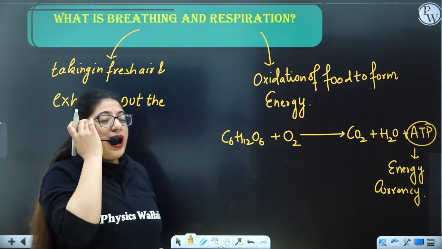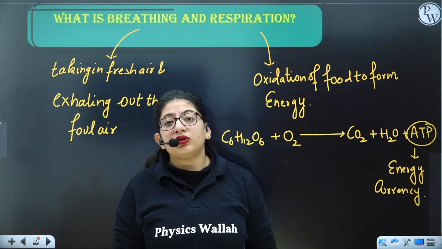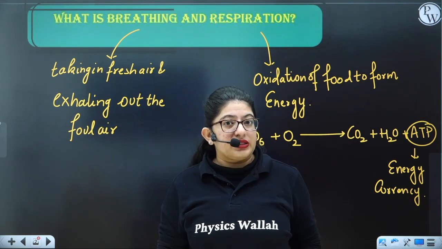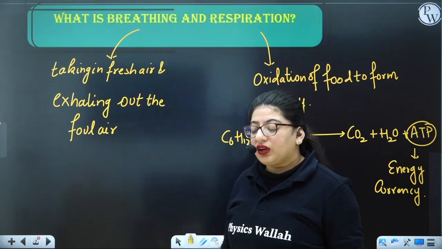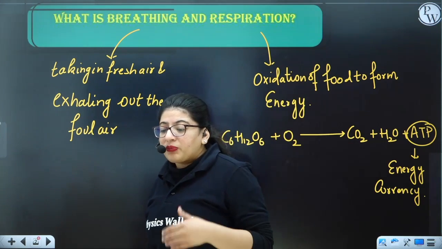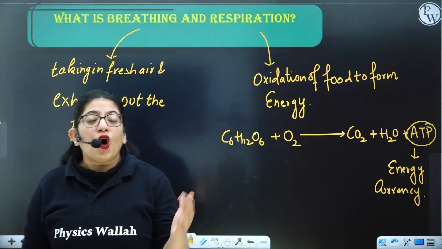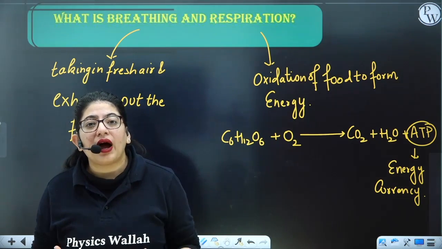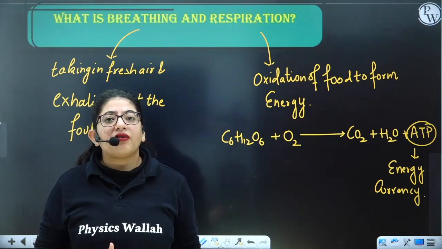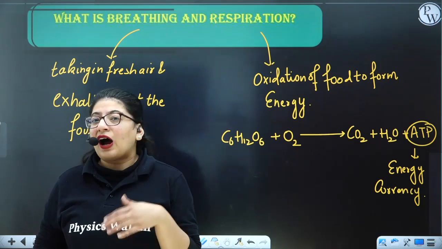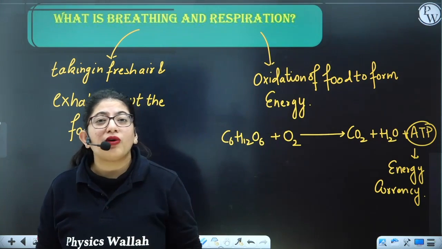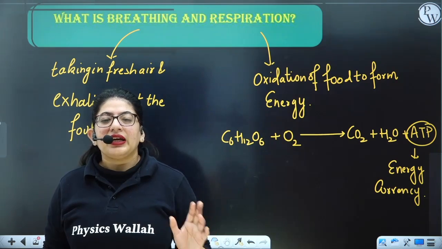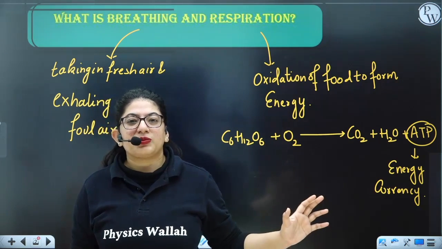So for understanding this process, you need to know what your respiratory organs are, right? What type of respiration you do, what type of body anatomy or body system you have, what type of organs you have, how the air is moving in, how it is moving out, what volume of air you take in. So everything about it, right? So let's just see everything about your breathing and respiration.